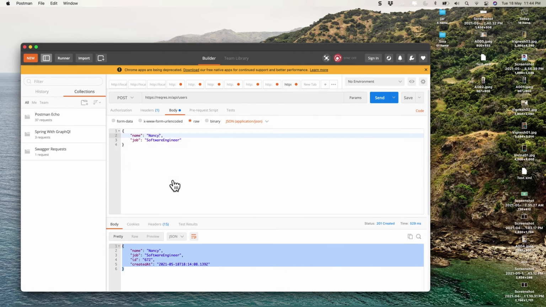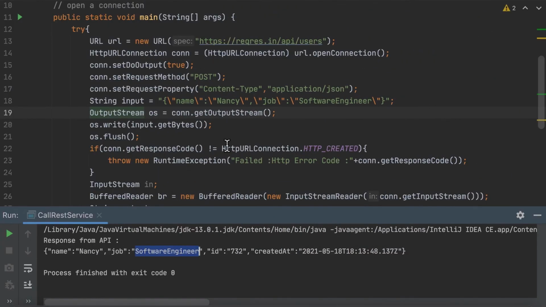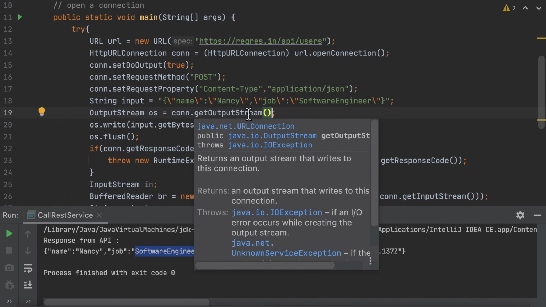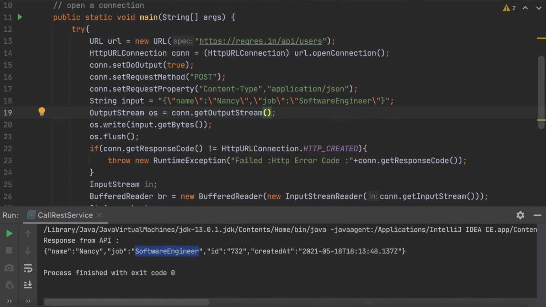But there are scenarios where you might end up with some issue. In those kinds of scenarios, most probably the issue is with the agent. I think it's a 403 error exception, I don't exactly remember the number. So if you end up with some 403 exception, yeah, exactly, it's a 403. If you're getting that exception, what do you need to do? You have to set the agent. So how can we do that?